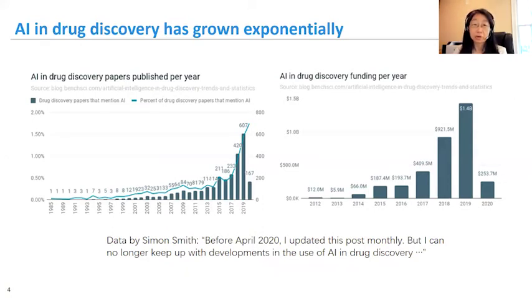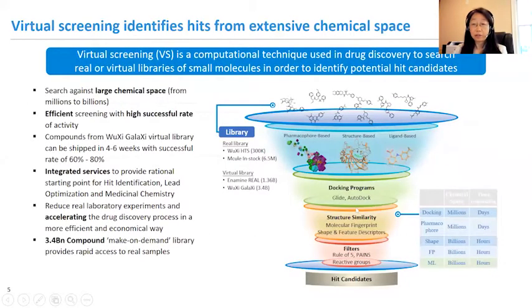As we see, the growth had seen an exponential increase, and this tracking activity only stopped at early 2020, as the author Simon Smith put it, I have to stop because I can no longer keep up with the developments in the use of AI in drug discovery. So we are really seeing a huge surge in the technology